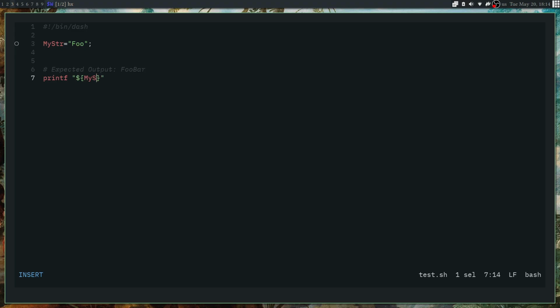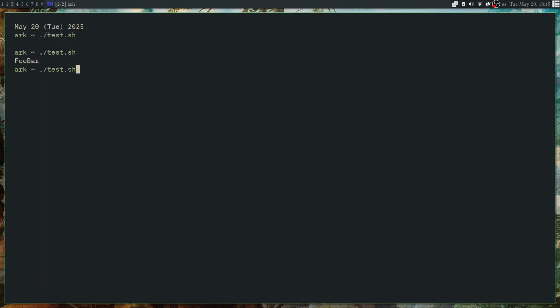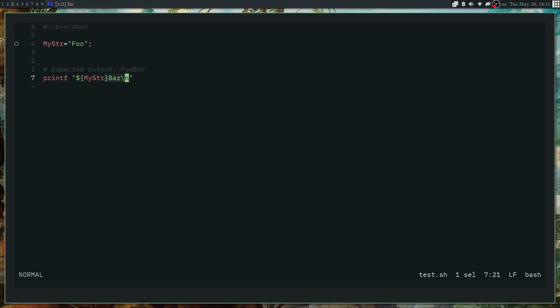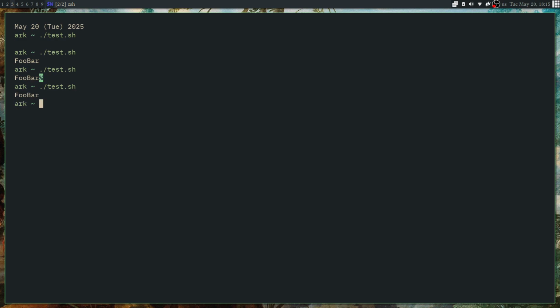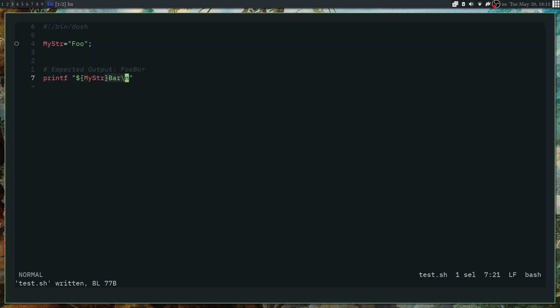If I do the same exact thing with printf instead of echo, you can see that now if you do that, it doesn't have a new line, instead has this weird thing, and so we're gonna have to specify a new line with \n, and now we get our expected output. Now the third way to do it is with two double quotes and printf. So if I do printf and then two double quotes, now basically what we're doing here is that in this